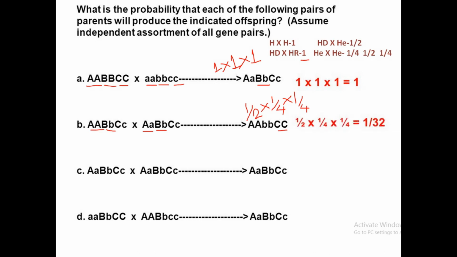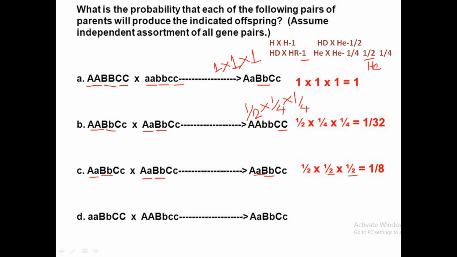So we can do the third one also. In here also we are crossing between heterozygous into heterozygous. So we will get the ratio of 1 by 2. Then heterozygous into heterozygous, and we also want to know the heterozygous we will get. So it is again 1 by 2, like that 1 by 2, and I get 1 by 8. Here 1 by 2. This is the probability that we will get heterozygous.